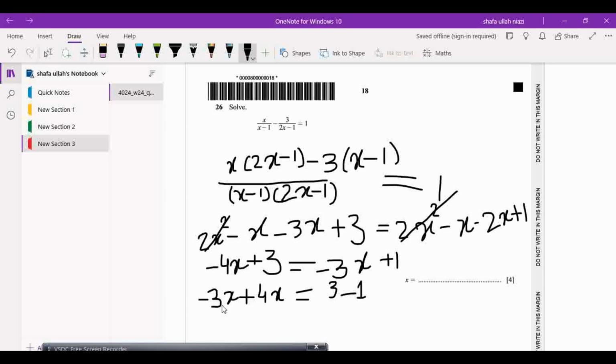Now minus 3x plus 4x is x, and 3 minus 1 is 2, so x is equal to 2 is the answer. x is equal to 2 is the answer. Good. 4 marks. That's it. Next is